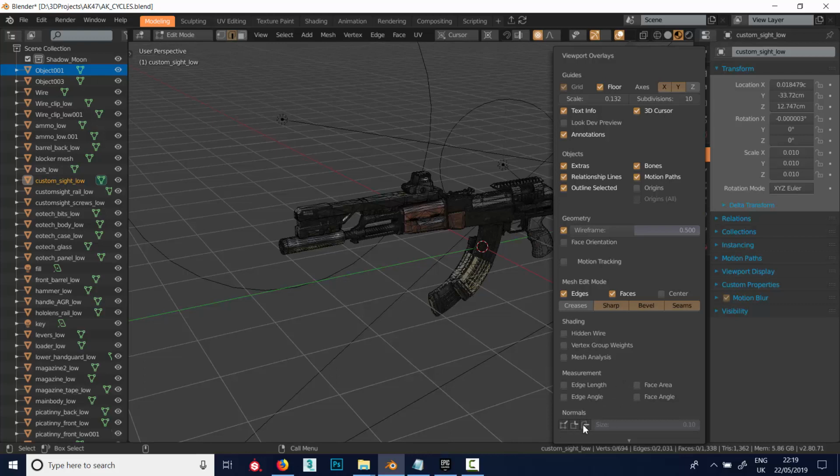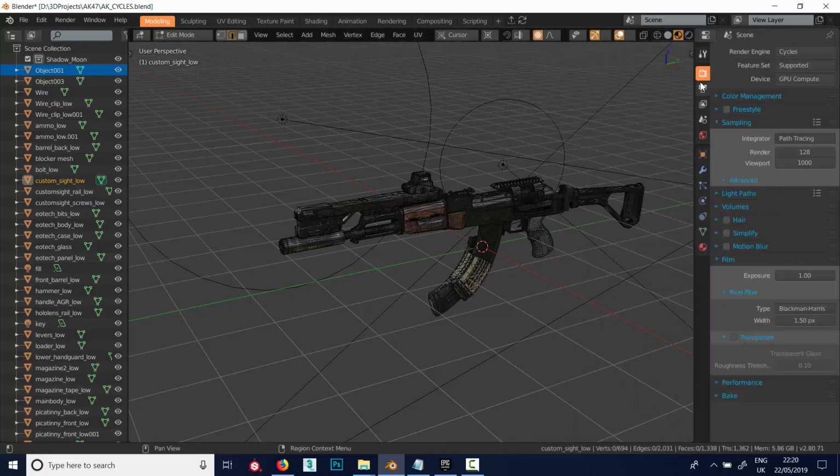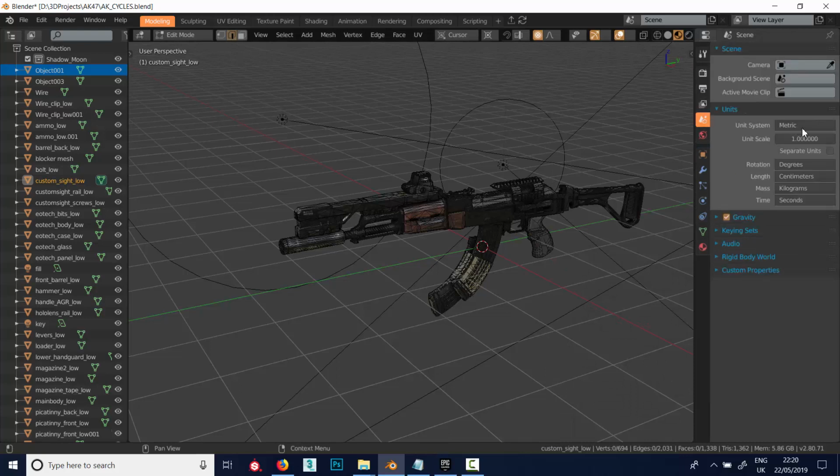Then you have just your normal directions, visuals, and that's pretty much it. Face orientation just gives you an idea of what way your normals are facing. Blue for all facing out, red for facing in. Yeah, so just have a look at that yourself. This is the grid scale and subdivisions, just like Max. It's not directly connected to your scene units, which I showed. Where was it here? Scene units. That's more or less it, apart from the